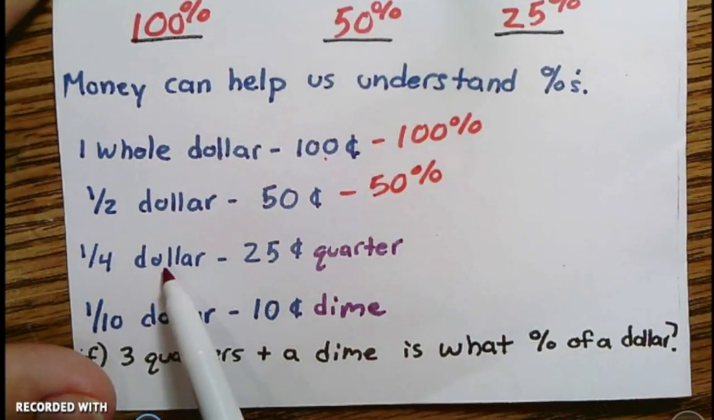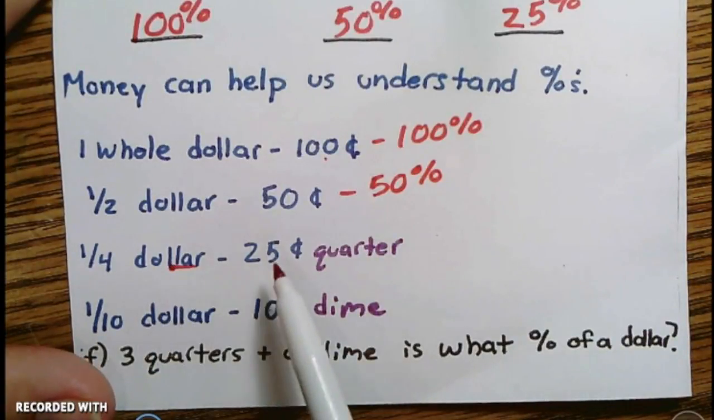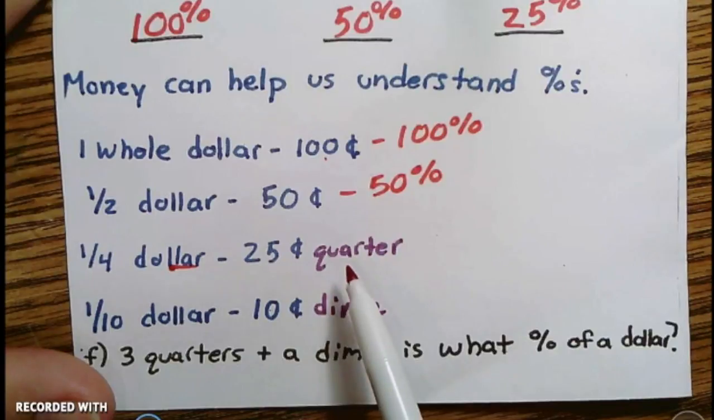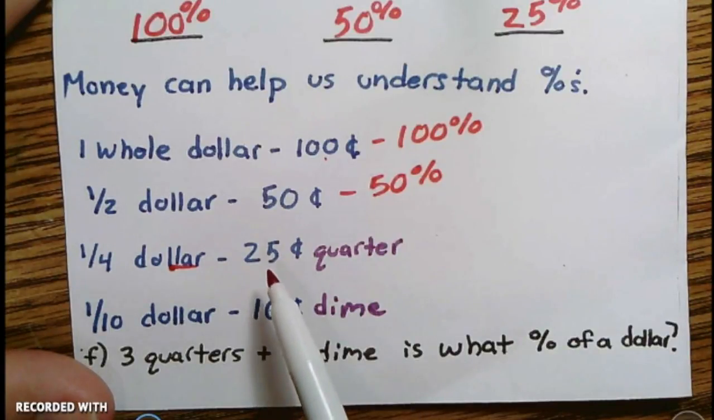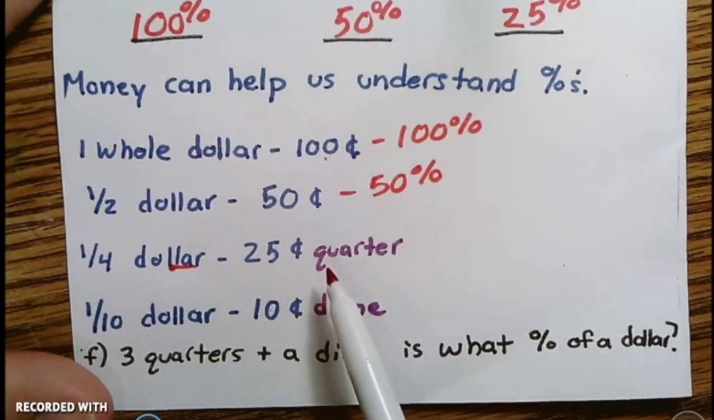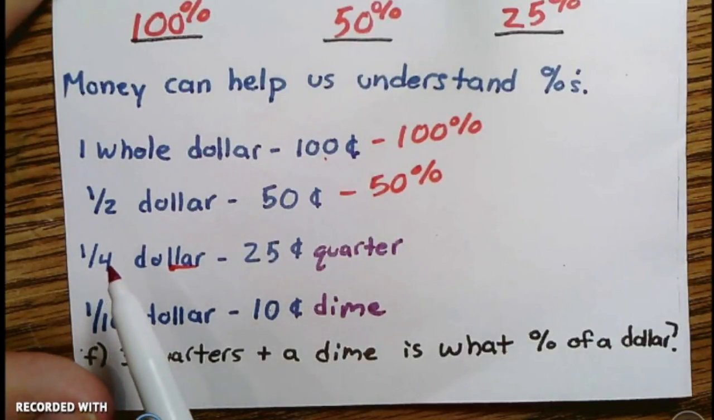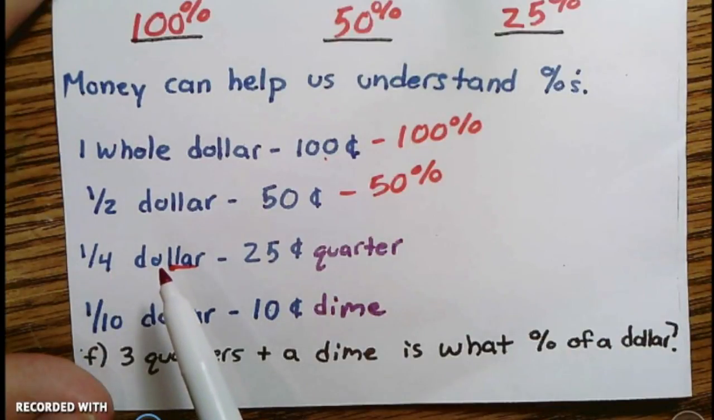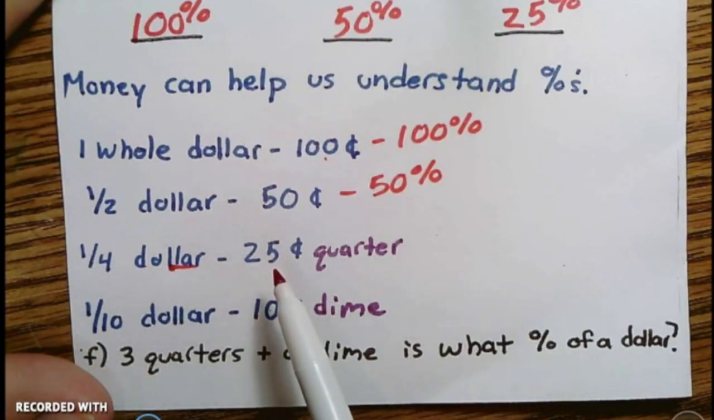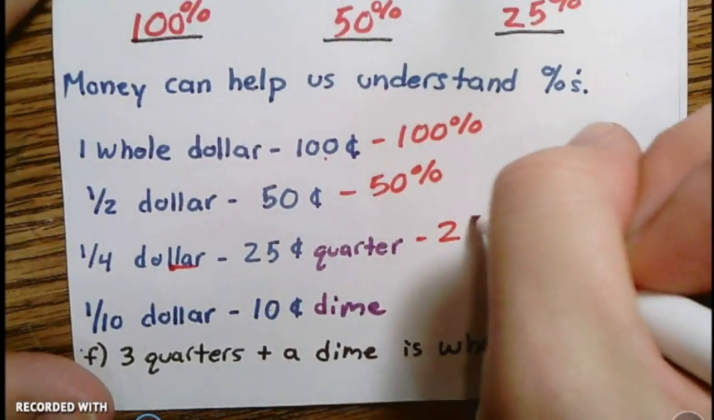A quarter of a dollar is 25 cents. A quarter is worth 25 cents. And there's 4 quarters in a dollar, which is why each one is 1 out of 4. If I had 4 out of 4 quarters, I would have a full dollar, right? So 25 cents is 25%